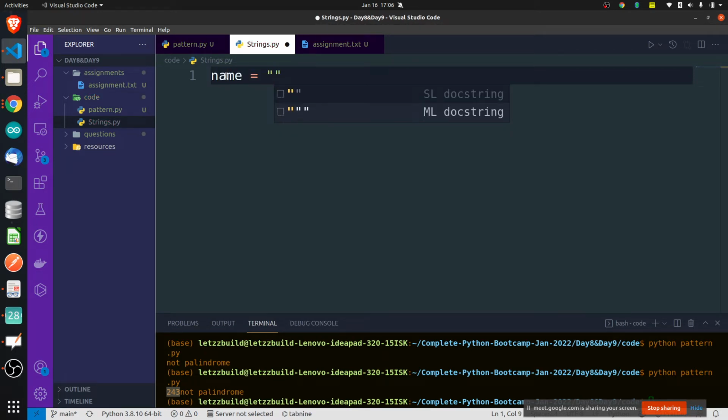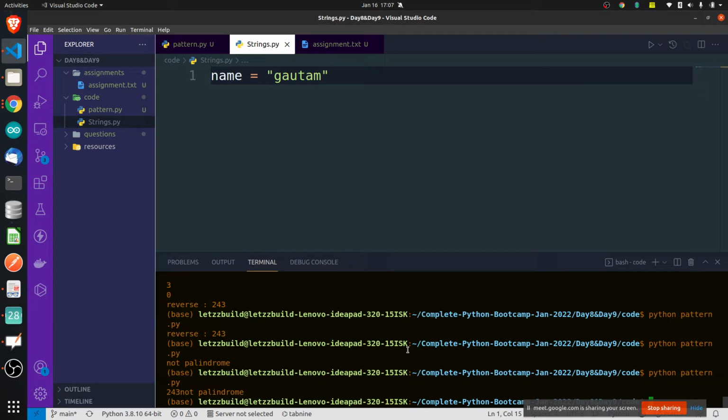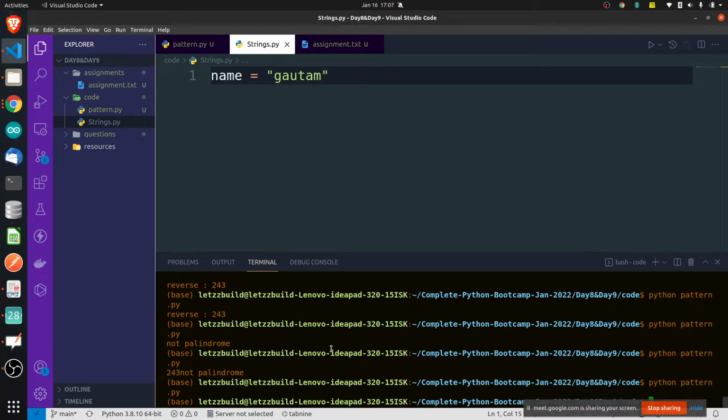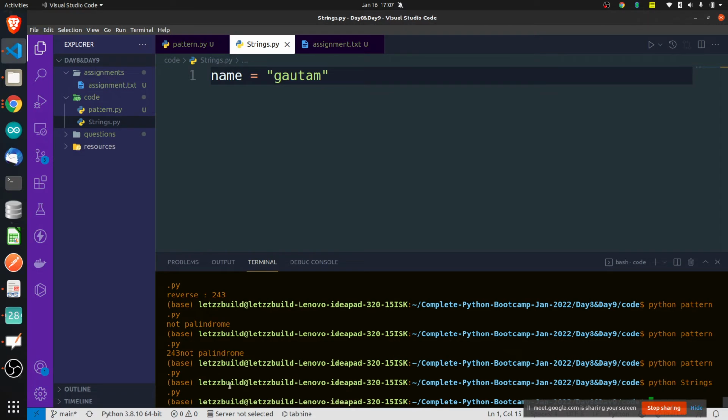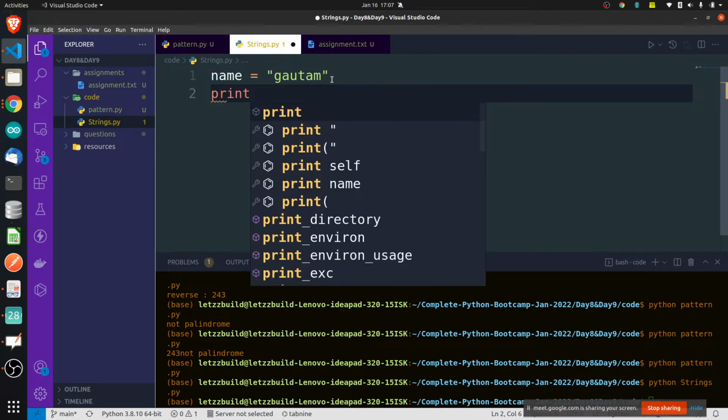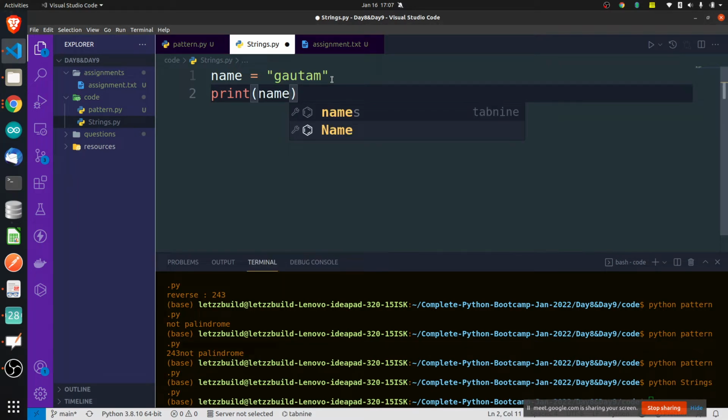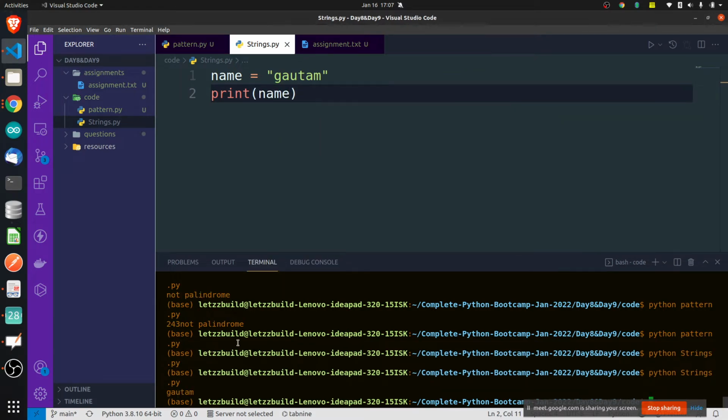Perfect. So if I want to create a string, let's say I want to store my name. What strings are and all these things we have already discussed. This is not the first time we are discussing. I am just going to speak a little bit more in depth about strings. My name is Gautam, so I will store Gautam, and it's very simple. You can print this. Run python strings.py, and you will get Gautam. I'm not printing it yet. So print name. That's it. Perfect. You got Gautam.